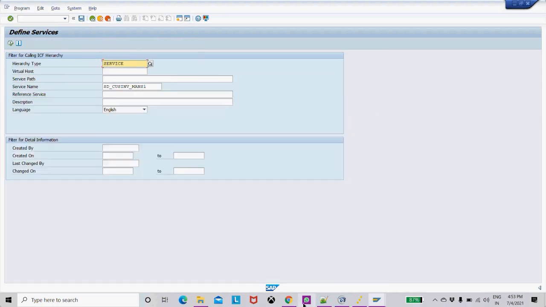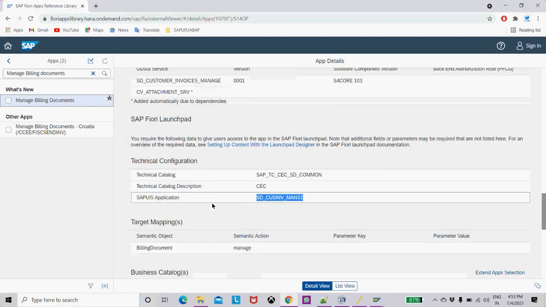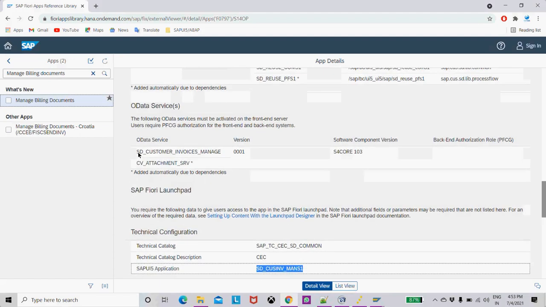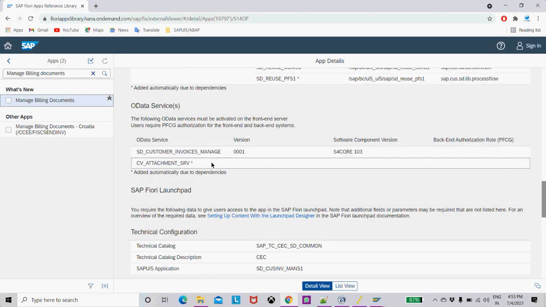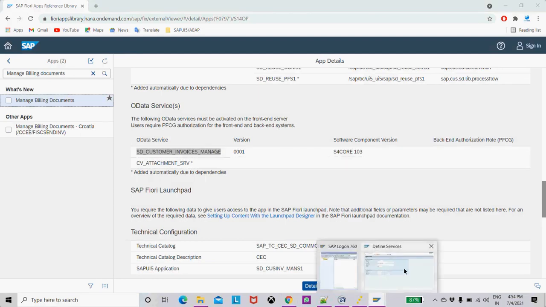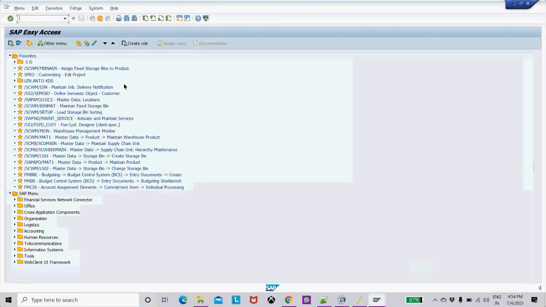So this is the first step. Next, we need to check whether these OData services are added in the maintenance, where in the service registration T code or not. In order to check whether these services are available or not, I'll copy the service name, and where I have to go in order to activate the service,